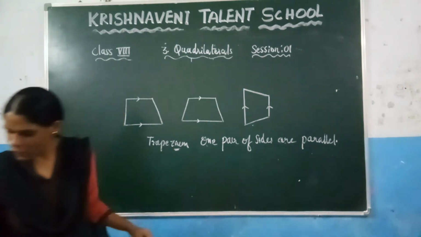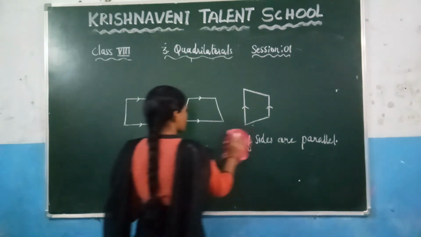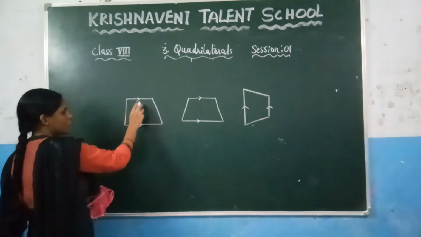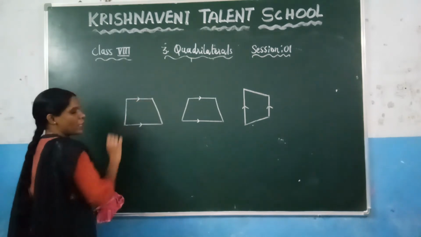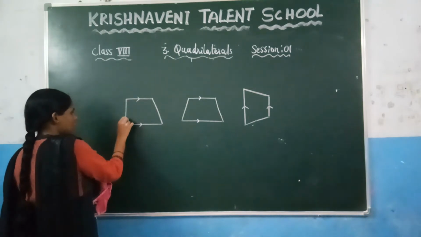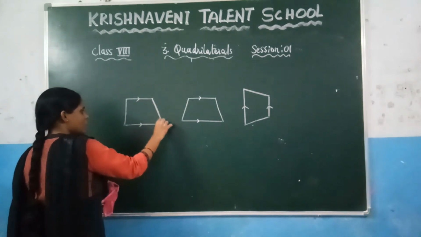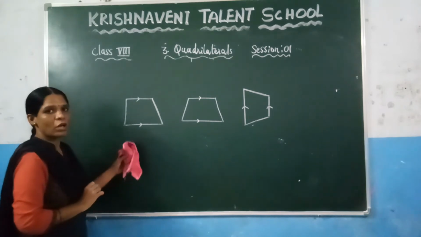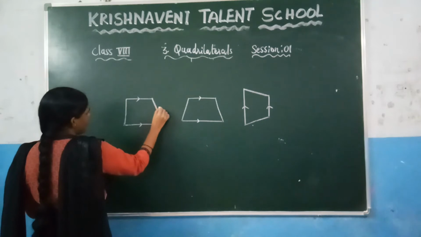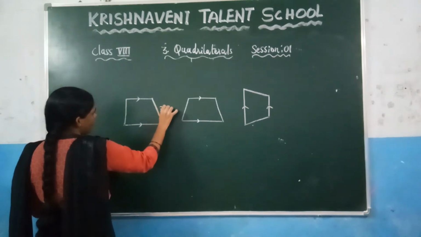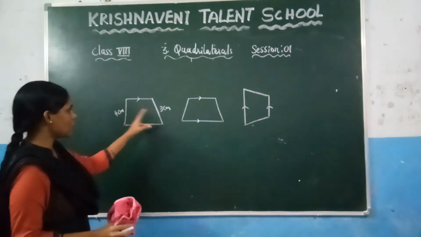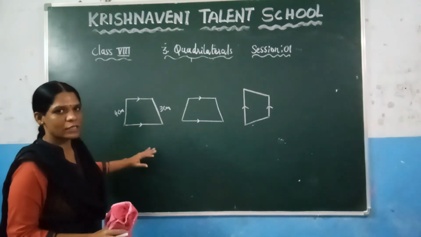So there is one special case in the trapezium. Let us observe that one. Here, if you consider this trapezium, you know that it is a trapezium because one pair of sides are parallel, and these are the non-parallel sides. Here these non-parallel sides are not equal in length. That means let us consider this length is 3, and let us consider this length is 4. So you can observe that the lengths are not the same. So it is a trapezium.